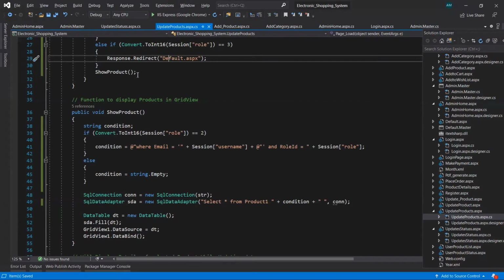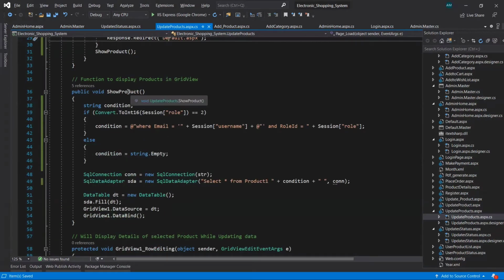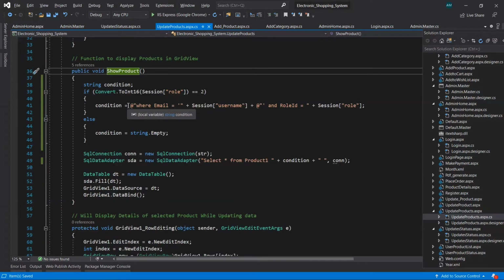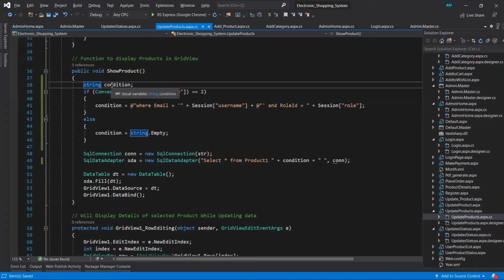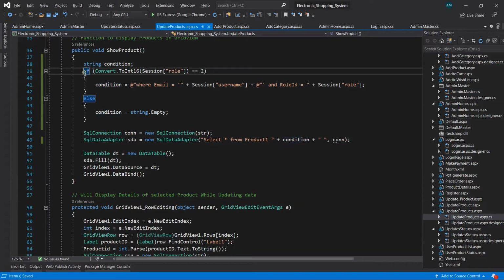No other changes that we have done. And here in the show product function we have made some changes. I have taken a string variable named condition, and here I have taken an if condition. If the session of role is equal to 2, as its value contains an integer, we need to convert it into integer format.